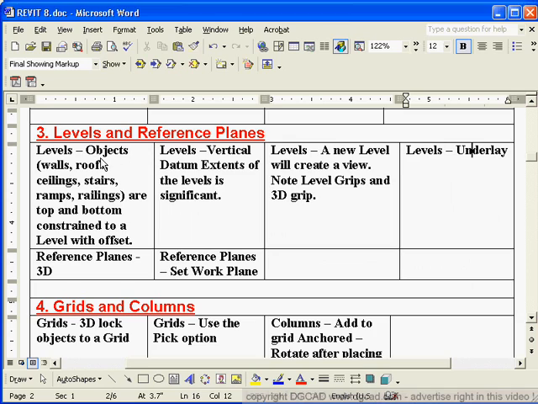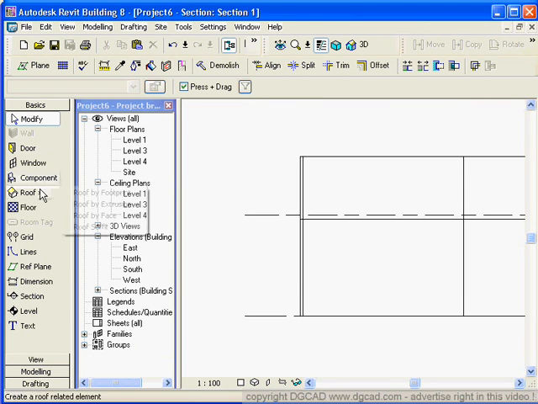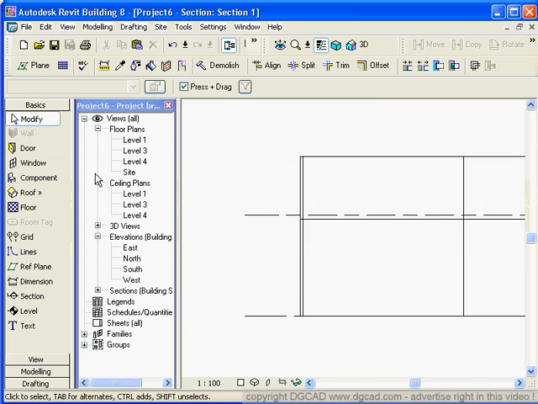So let's have a look at our document here. Walls, roofs, ceilings, railings, stairs, they all have that same thing in their properties. When you go to draw a wall or a roof, inside of here it's always going to ask you what level you want to associate it to. Okay, and you can open it in that view, and then when you actually draw the object, or when you draw a wall,